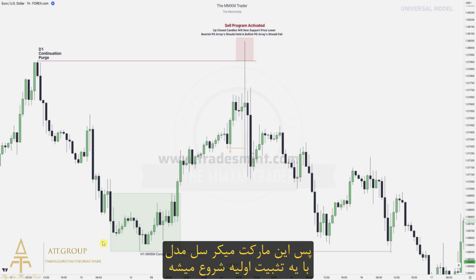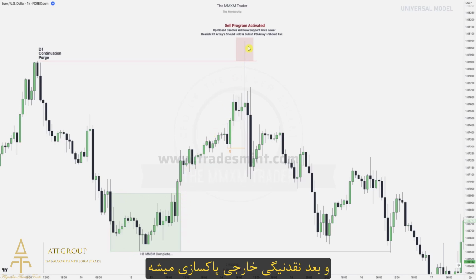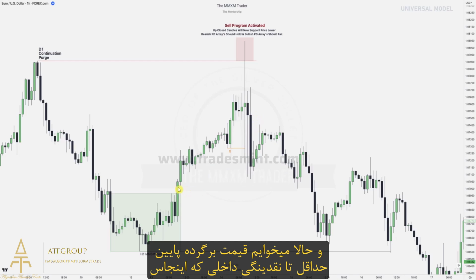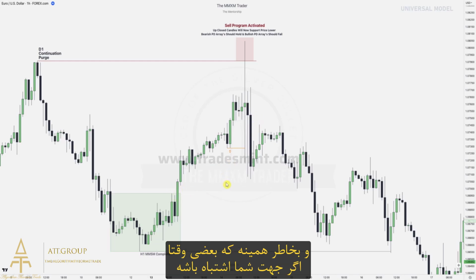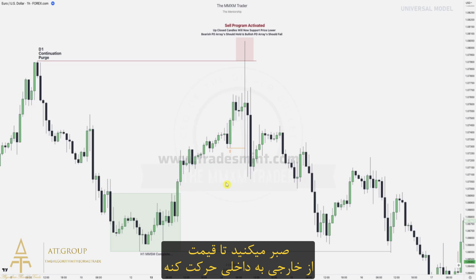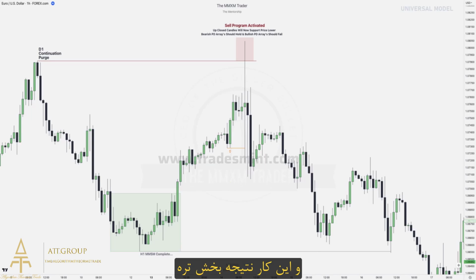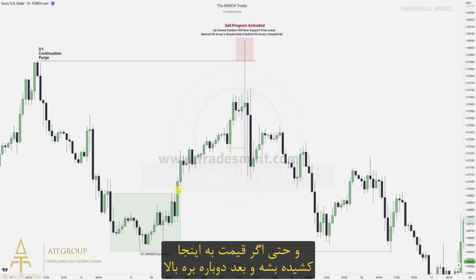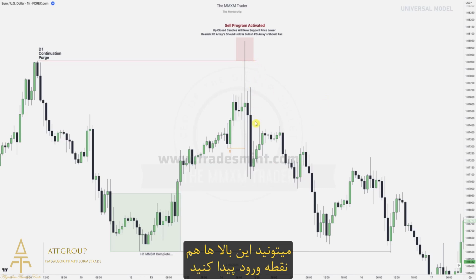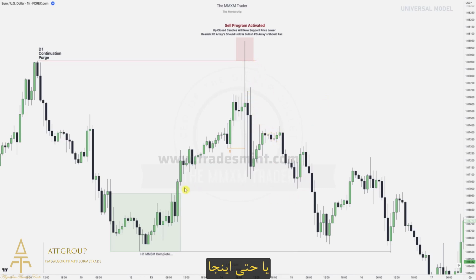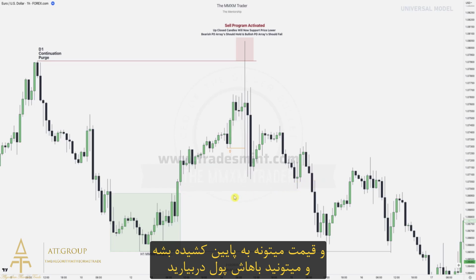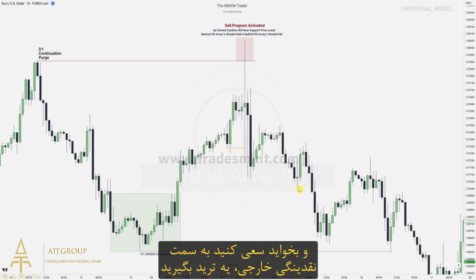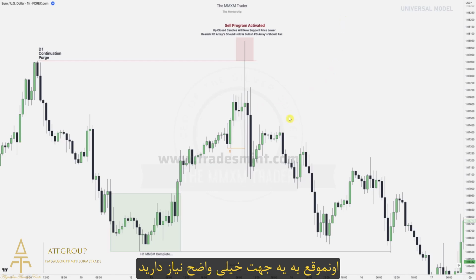So start off with our market maker buy model, or market maker sell model rather, right? We've got that original consolidation, and then we hit that external range, and then we want to go down back into internal at least, which is over here. And this is why sometimes if your bias is incorrect, if you wait from external to internal, it's more forgiving, right? Because we know price is more likely to draw into discount first. And even if we draw into here and we start to go up again, if you find an entry from up here or even up here and you can draw into here, you can make money, as opposed to waiting for this POI to get hit, and then trying to trade external again,